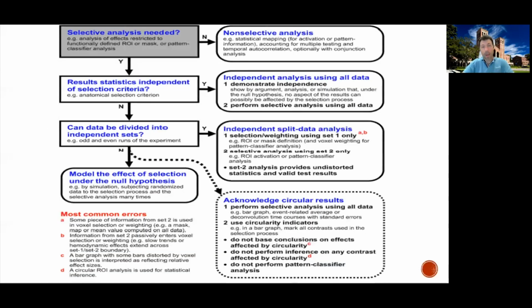And finally, I won't go over this, but I'll leave you with this. This is a wonderful chart by Nikolaus Kriegeskorte with suggestions of things that you can do in order to avoid voodoo correlations, or circular inferences, really. And many of these are the points that I just covered, but he goes into a little more detail. And in fact, in the next slide, I link the paper where he discusses this, which is a wonderful